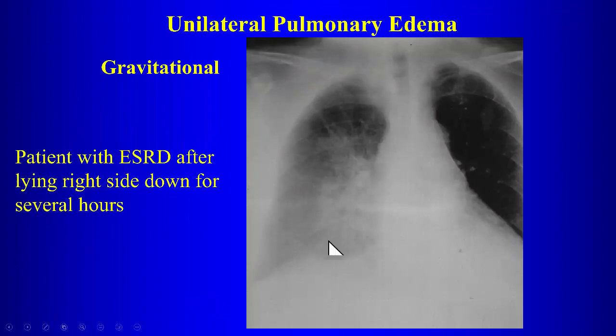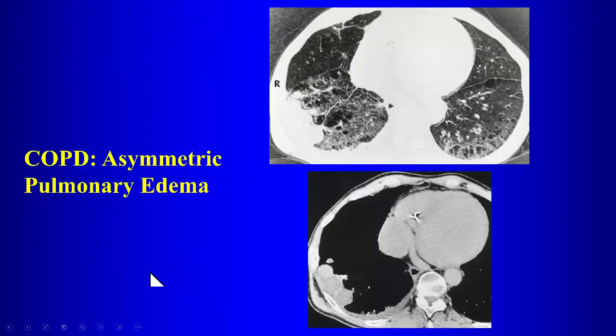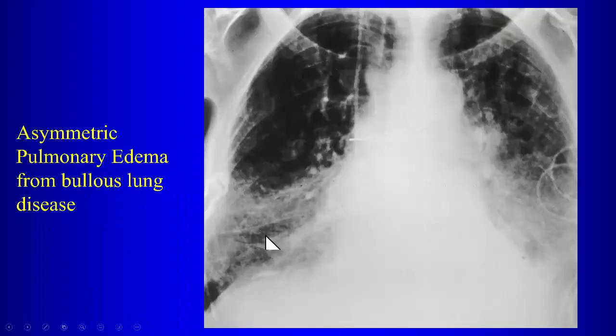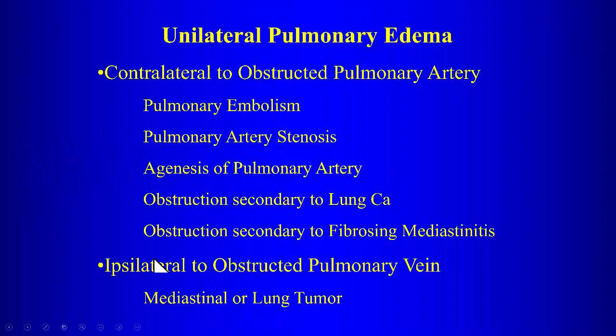This patient had end-stage renal disease and likes to lie right side down, so that results in the pulmonary edema on that side. Asymmetric pulmonary edema in patients with COPD: the regions where you have the emphysema can be spared from the consolidation, so that can give you an asymmetric appearance of pulmonary edema. So here, because of the emphysema up here, you can see the pulmonary edema is asymmetric in its distribution within a particular lung. Okay? So that is our discussion of pulmonary edema, and now we go on to